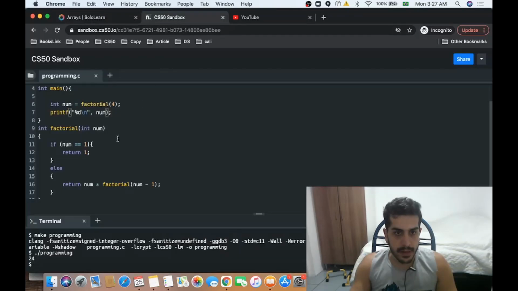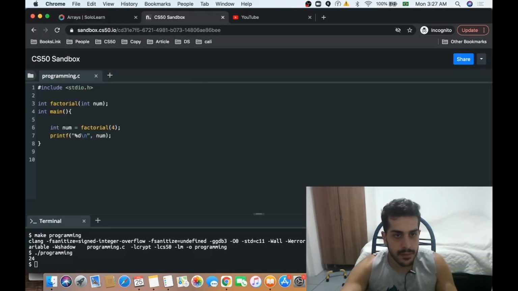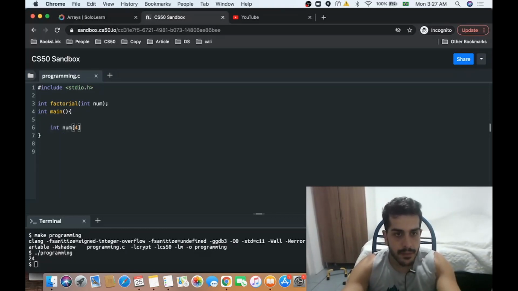So let's create a list here. So let me remove this function. Thank you, Factorial. You were useful. No, not so useful. So I want to create a list of 4 elements. Let me create some random numbers. 20, 15, 5, 3. And now if I want to access the first element,